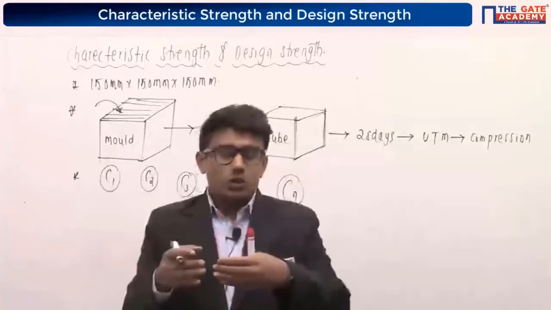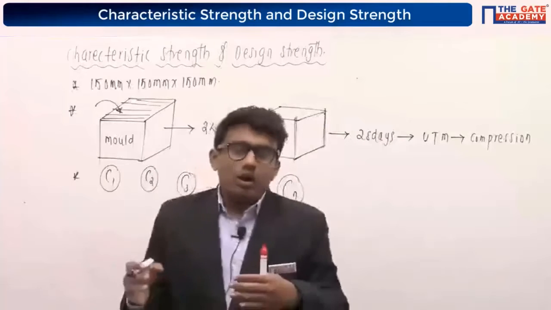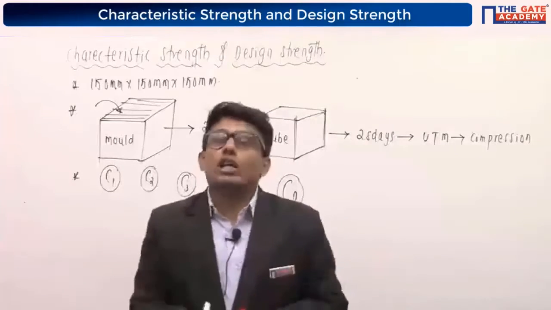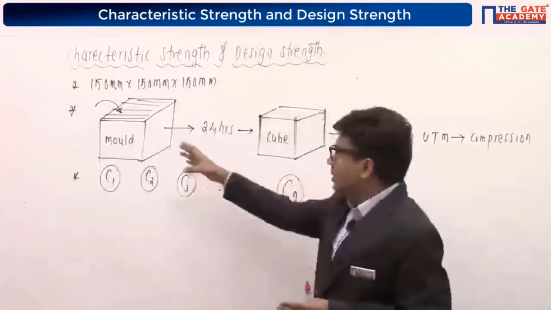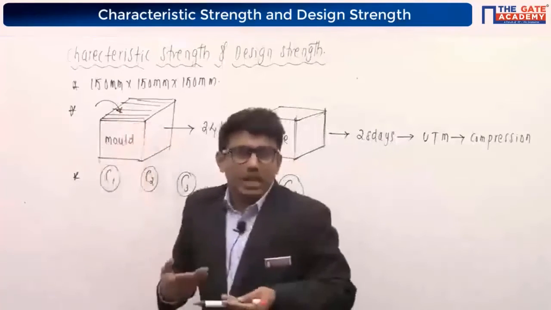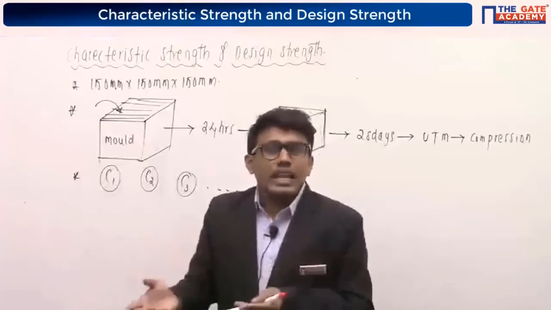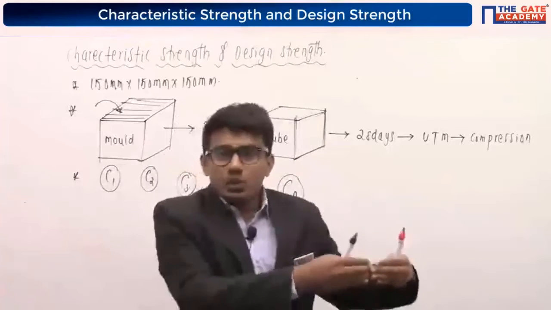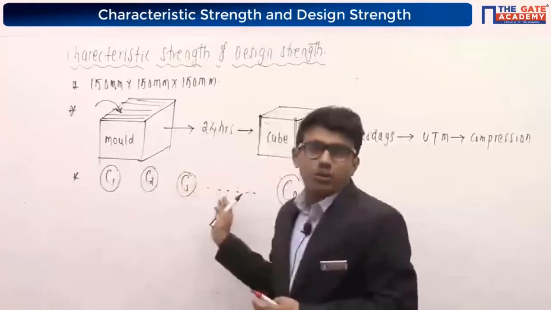Suppose we are creating around 10 cubes from the concrete I prepared. All these 10 cubes may give you different strength values. Why? Because the variation of strength will be there due to uneven compacting or placing. These things are manual, so there is always a possibility of some variations. We cannot prepare all the 10 cubes in a similar way, so the strength will be different. That's the reason why we are choosing different numbers of cubes.